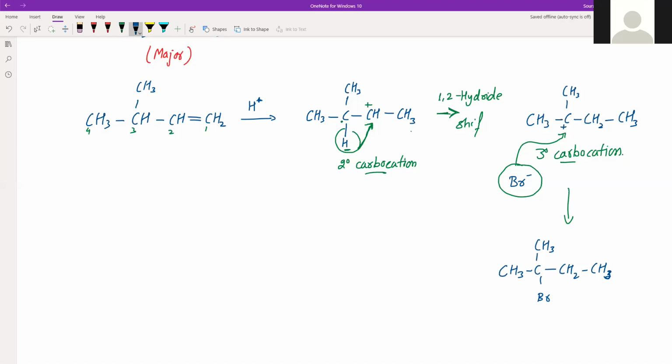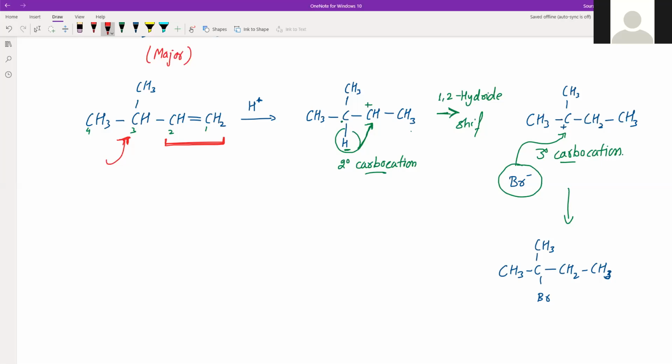Now, if you see, where did the negative part go? The negative part actually went to the carbon which had fewer hydrogens, but it didn't go and stay at these two. The addition did not happen at these; where addition actually happened, it happened here. So this is actually Markovnikov's rule plus hydride shift. So both are happening here.